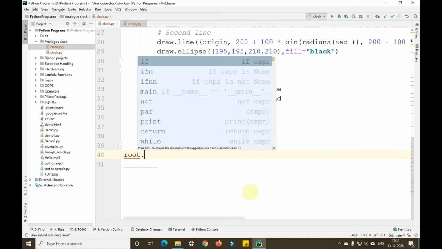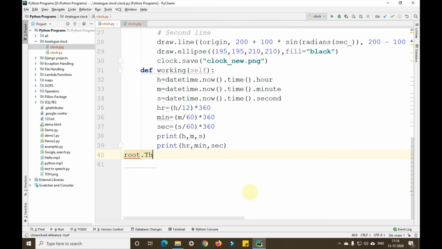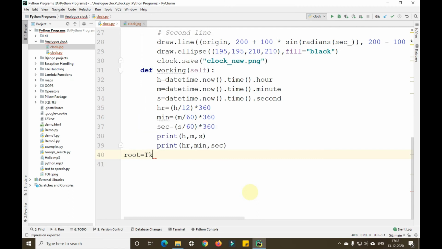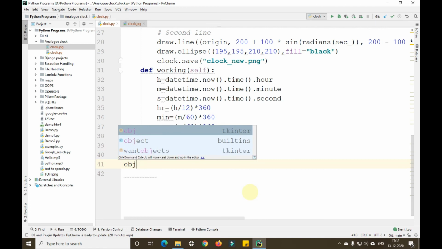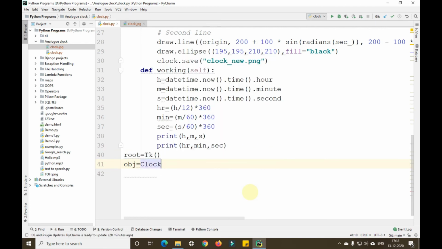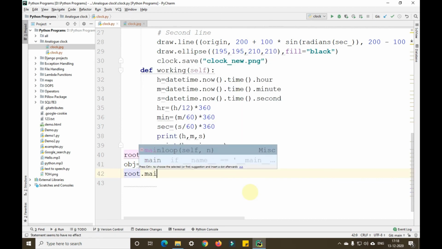Root dot pk, root equals to pk function with an object obj equals to clock with the root as the attribute there, then root dot main loop.